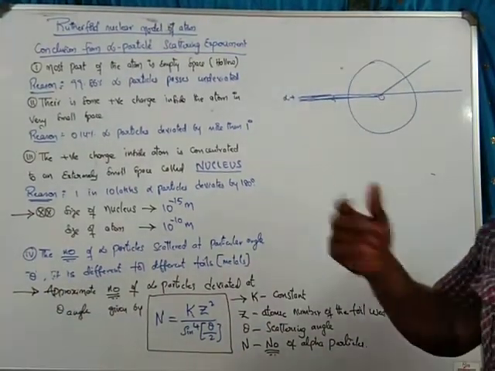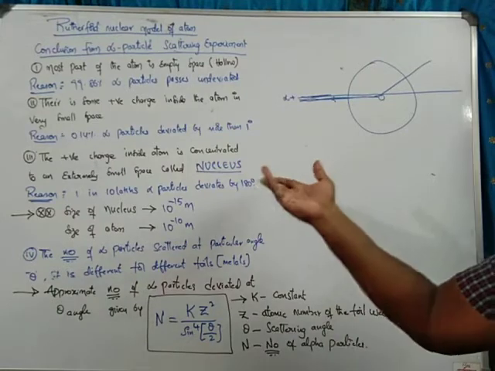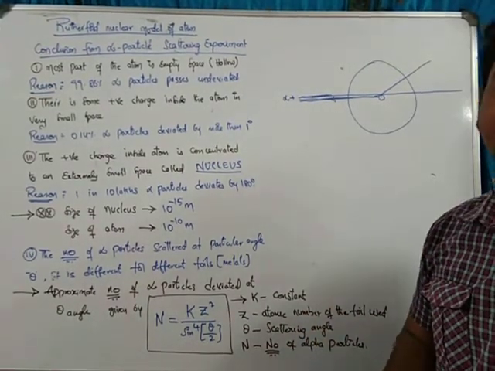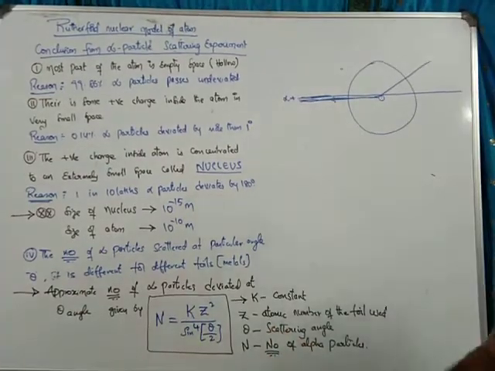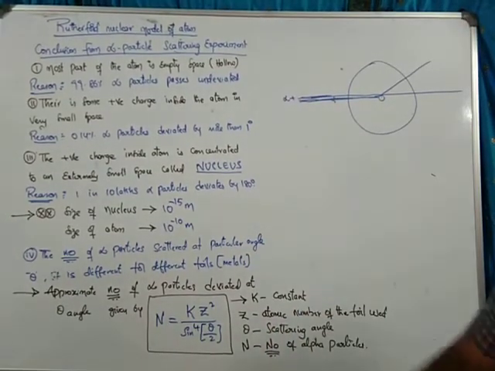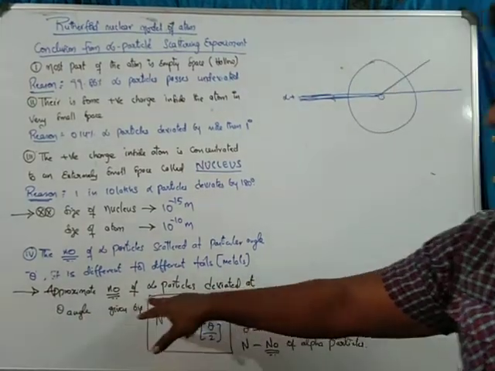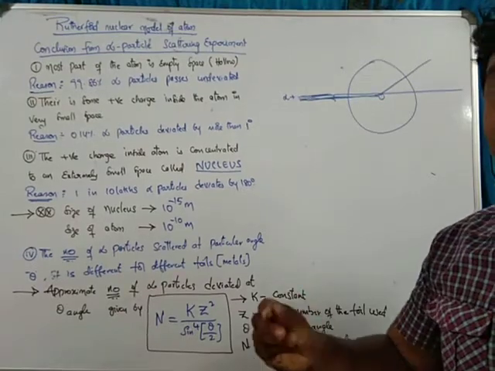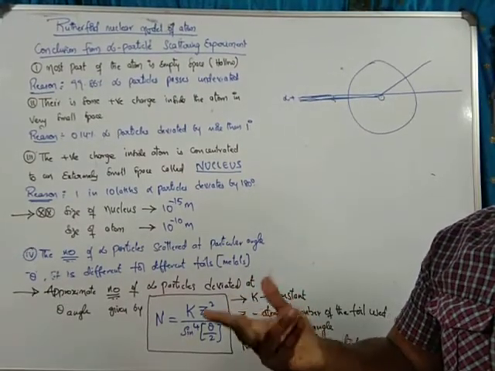Whenever we are using different foils, like initially we stated gold, we can use different materials like uranium, or some other material. Depending upon the material, the scattering angle will be different, and the approximate number of alpha particles deviated at an angle. So we have to calculate how many alpha particles are scattered for different angles.